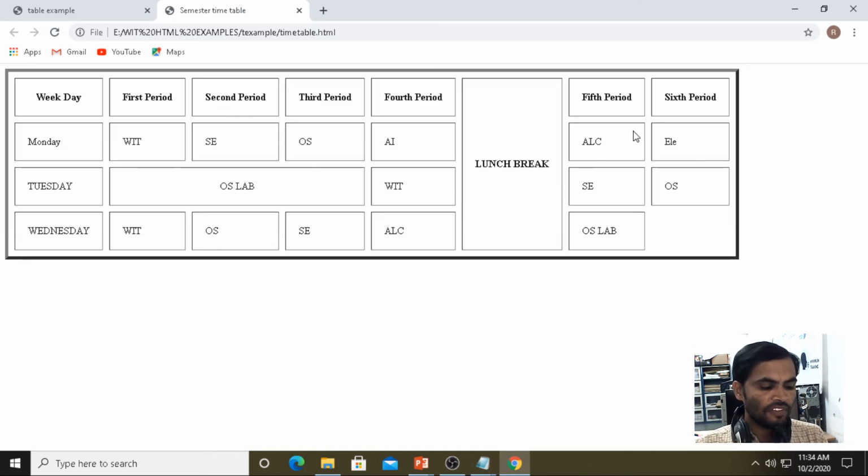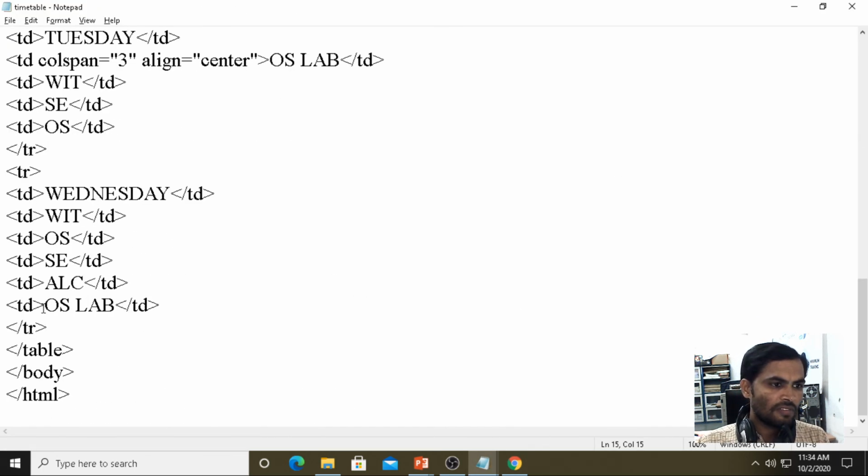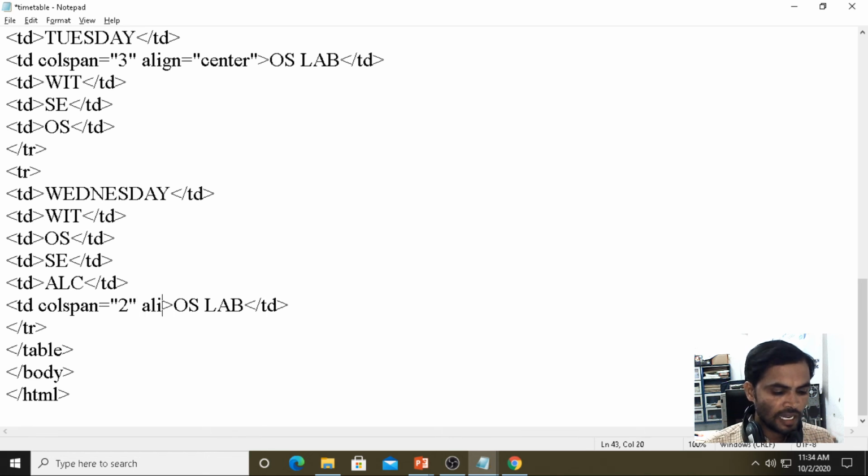Okay, for the lab we have 2 hours on Wednesday. Here we use column span equals 2. Then we use alignment equals left or right. I am using alignment equals right.